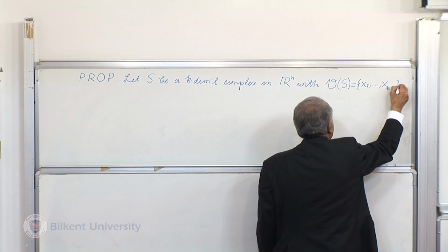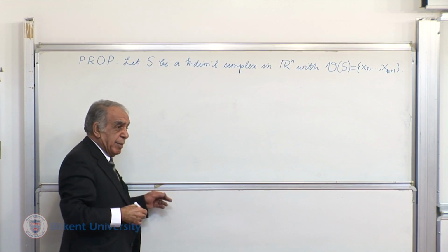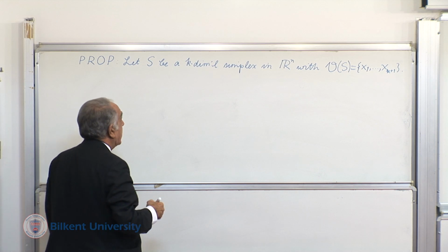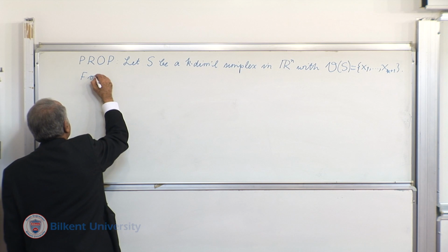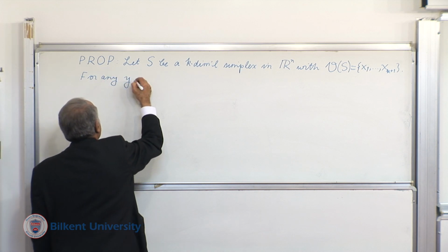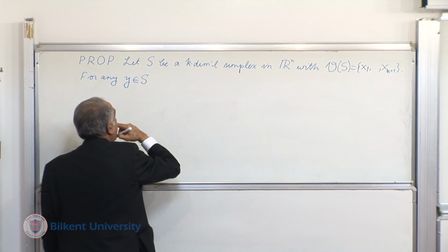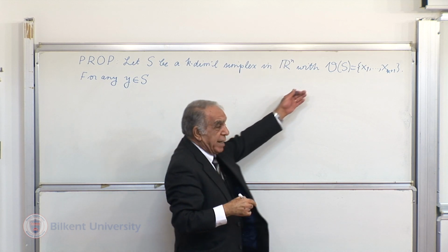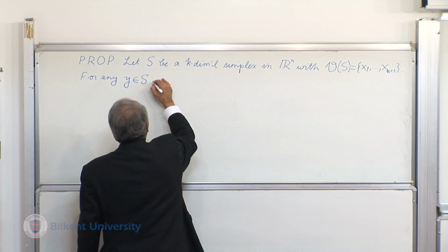By definition, x1 up to xk plus 1 will be affinely independent. Now, for any y in S, which will be the convex hull of V of S by definition,